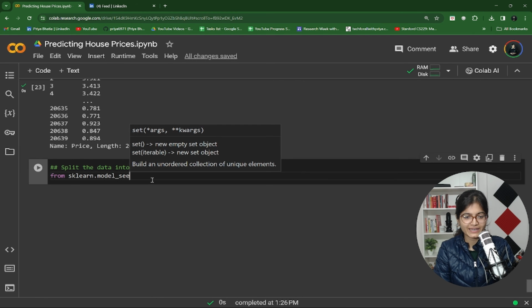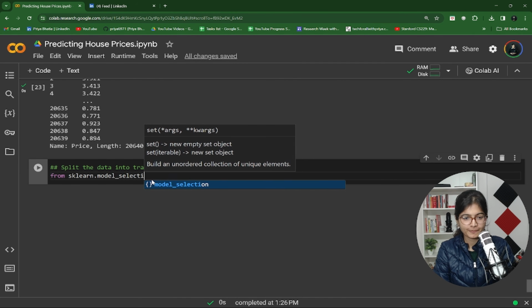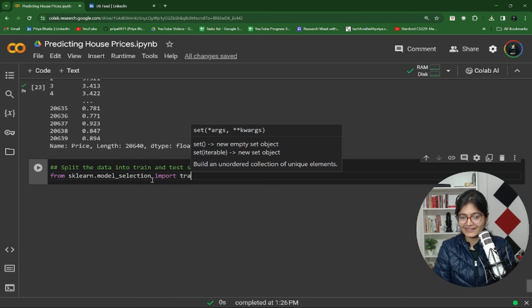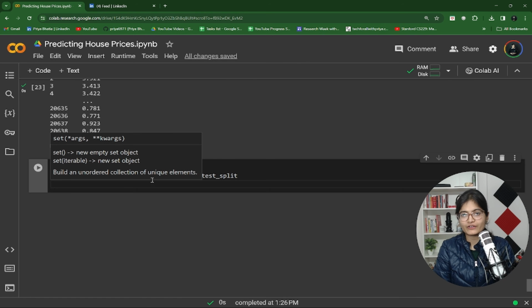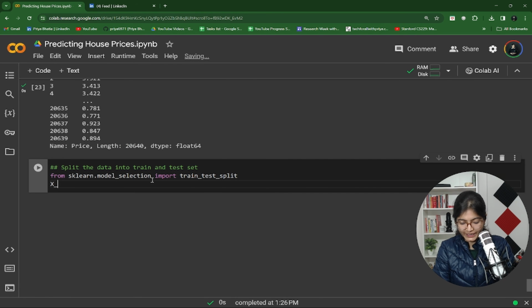What we can do is import train_test_split here, because we want to split the data into a training and testing set. So we can say x_train, x_test, then y_train and y_test. Now I'll try to say train_test_split,